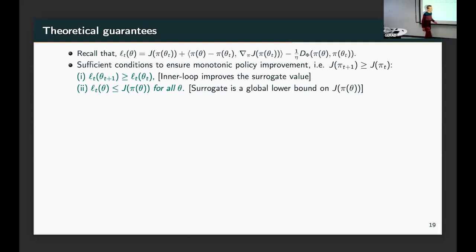So there's the simple drawing. So I want to maximize this. Okay, good. So this is the function I want to maximize. And this is my current point, right? So if I can build something like this, that's a lower bound, and that's tight at the current point, I'm guaranteed that if I improve this one, I'm also going to improve my function. And so here, let's assume I improve it exactly, and then I'm going to build another.